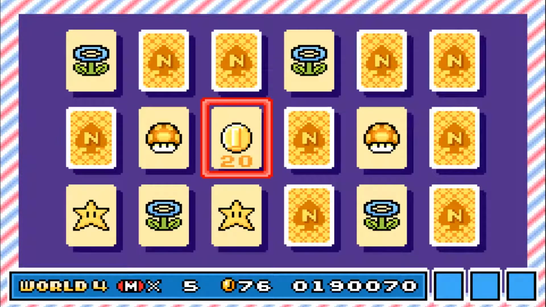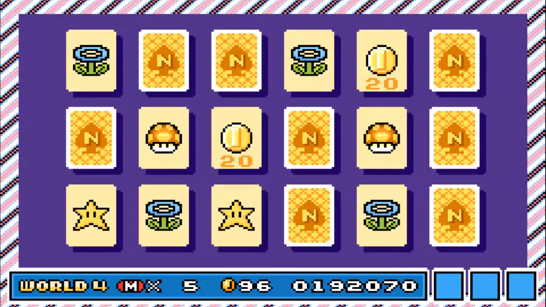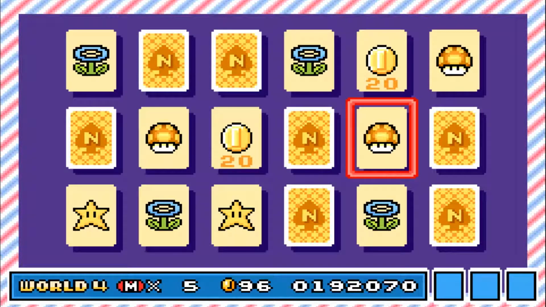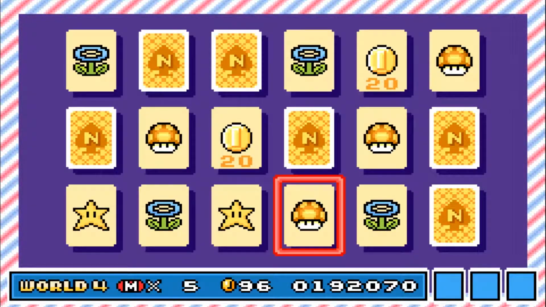What is this? 20 coins? 20 coins. I'm looking, but I don't... Ooh, I see it. Is it down... No, it's not. Here? Nice! Okay. Mushroom then? Nice. Where's the second mushroom at? Wait, what? Here, down. And if we look here...